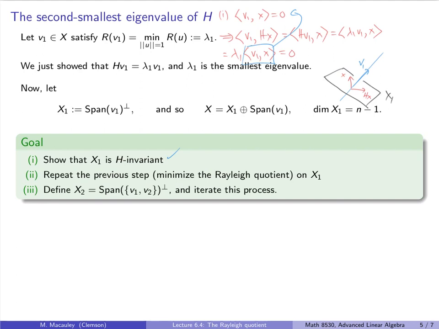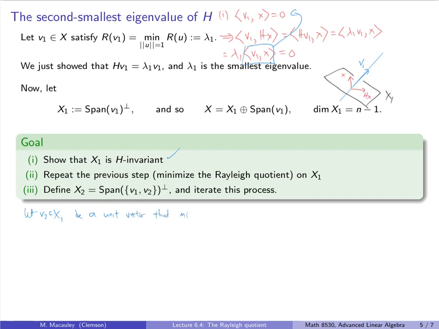Now I'm going to write out a few more things for 2 and 3. I've basically said it all. So let v2 be the vector in x1, be, I'm going to say, a unit vector. There may be more than one. There may be a repeated eigenvalue. We can also multiply by -1. Doesn't change anything. Be a unit vector